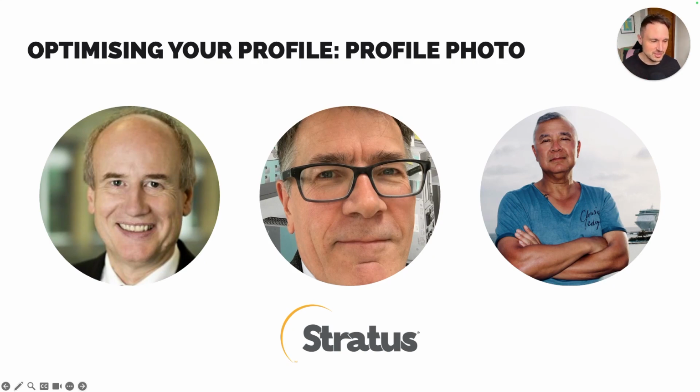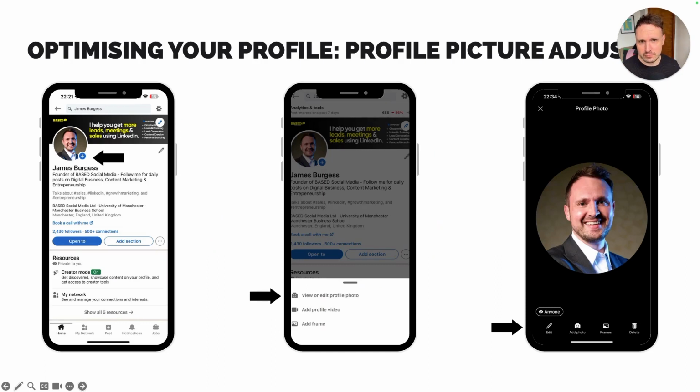These are just suggestions to make it more engaging. So how do you do this? How do you actually get your profile photo sorted? You just press the blue tick on your phone. If you've got a couple of different ones, edit profile photo, add, and then it'll say edit, add photo, and then you can just get it up and line it up. It's much easier to do it on your phone, in my opinion. So download LinkedIn onto your iPhone or your Android, because it's useful for commenting and starting that.